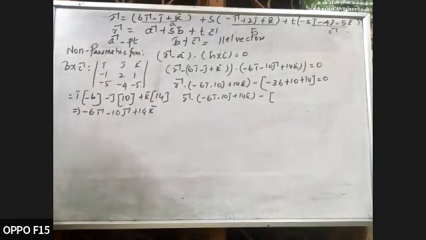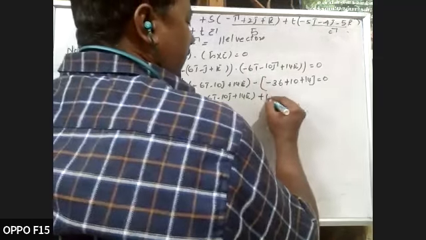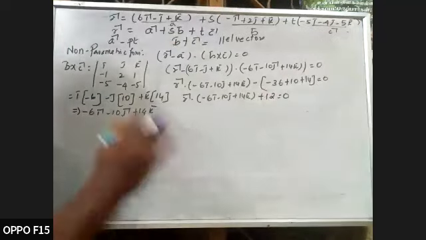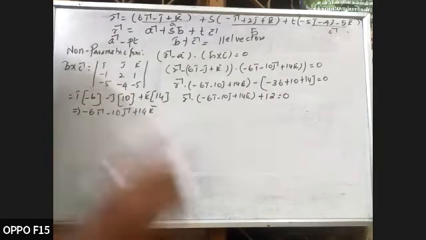நீங்க இதோட விட்டாலும் போதும், இருந்தாலும் calculate பண்ணீங்க, minus 36 plus 10 is minus 26, minus 26 plus 14 is minus 12. Already இங்க minus இருக்குனால we can write this as plus 12 equal to 0. This is the non-parametric form. இந்த இடத்துல பாருங்க ஒரு ஸ்பெஷல் விஷயம் என்னன்னா, so far என்ன பண்ணிட்டான்,